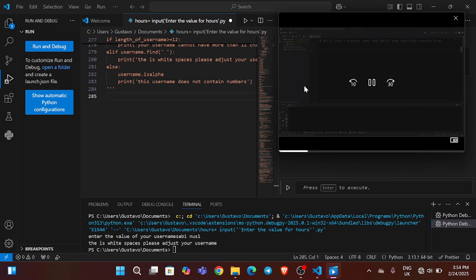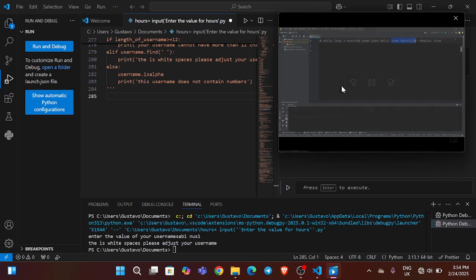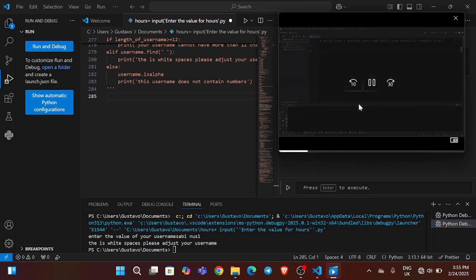Hey everybody, in this topic I'm going to explain while loops. A while loop will execute some code while some condition remains true. Here's an example. We'll use an if statement first. We will ask a user for the